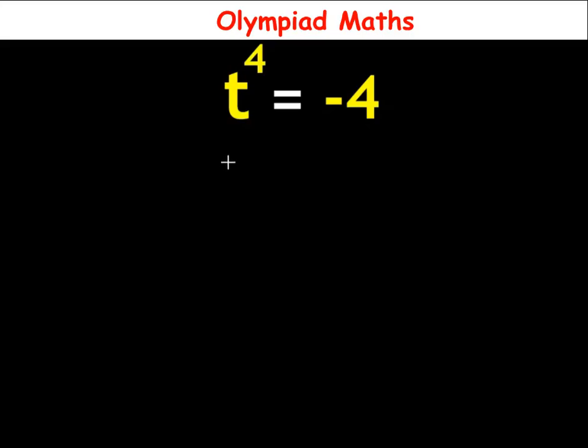Hello everyone, in this video let us solve this question. So we have t raised to the power 4 is equal to minus 4, and here we have to solve for the value of t. So t is the unknown we have to solve for. Now to do this, solution,